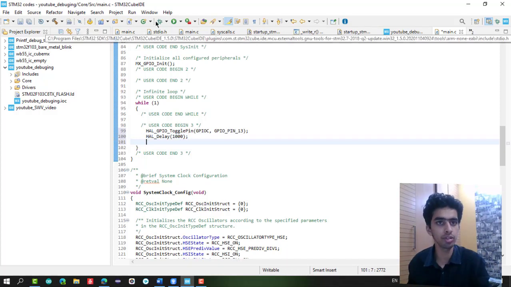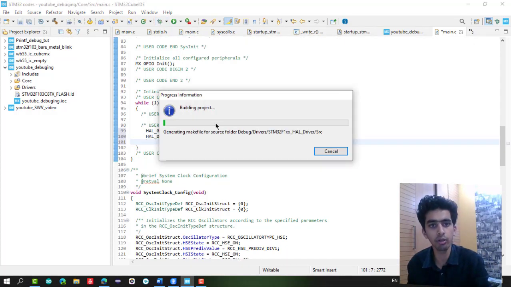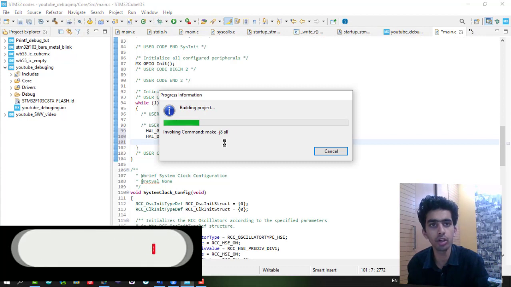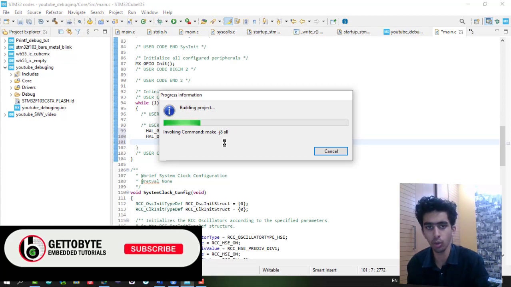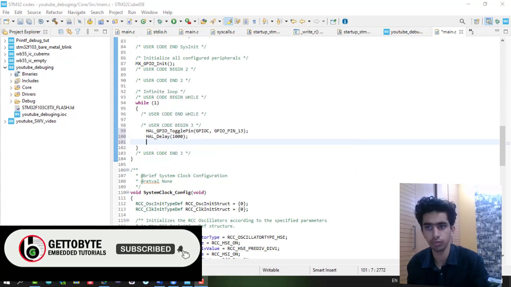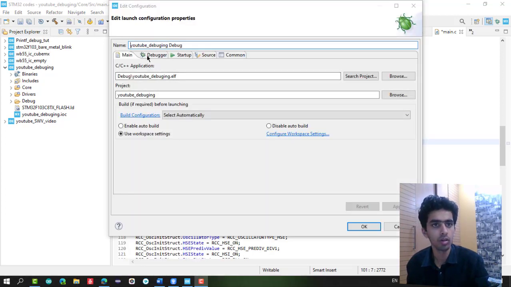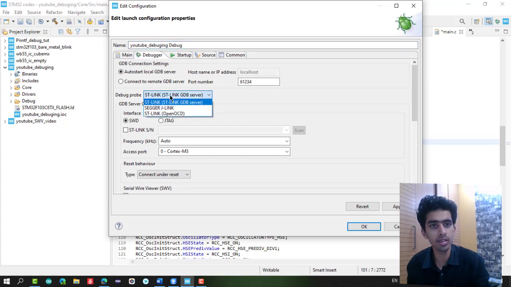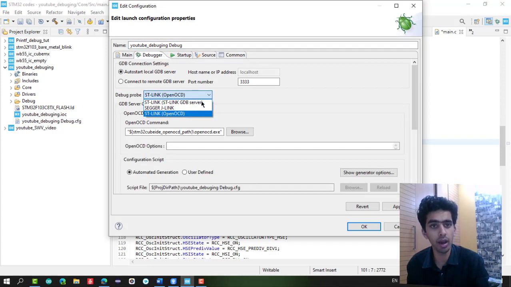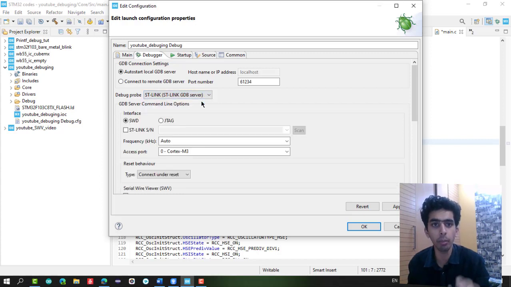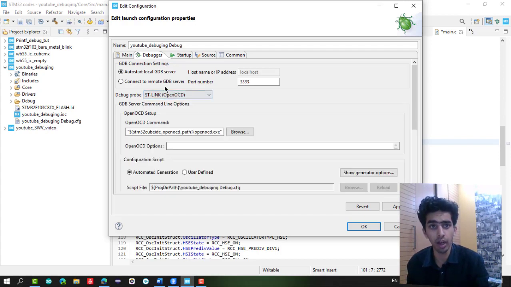So now at first you just need to configure. When you click on it, it will first ask you to configure your debugger, so it might take a while. Okay, so in the debugger window, select your debug probe as OpenOCD. With the GDB server, many people and myself have encountered errors, so for the time's sake, I am using OpenOCD and will be telling you things according to that only.